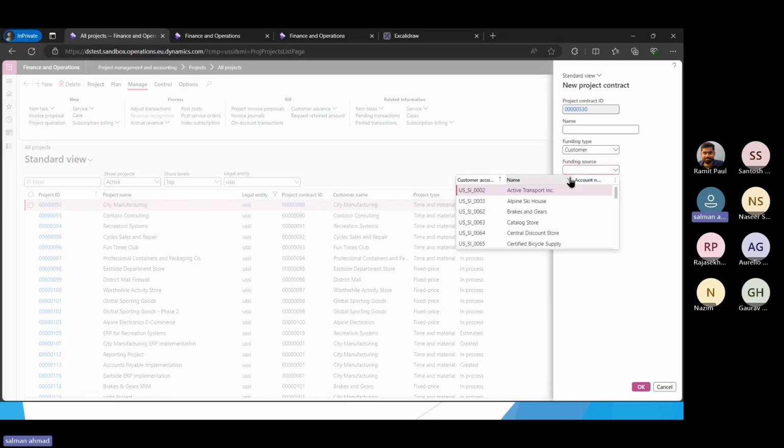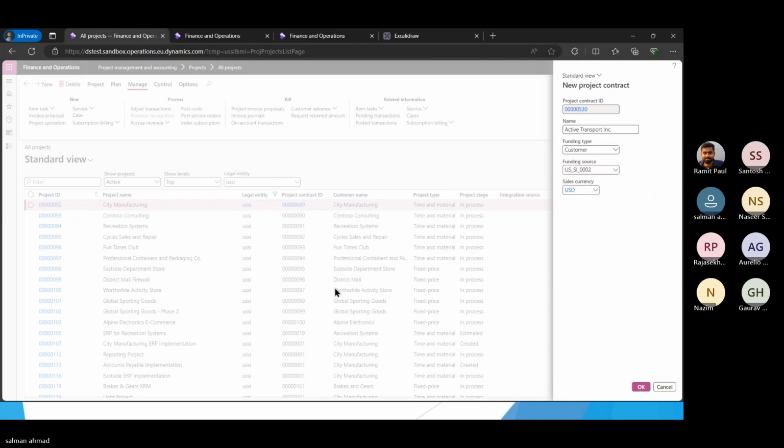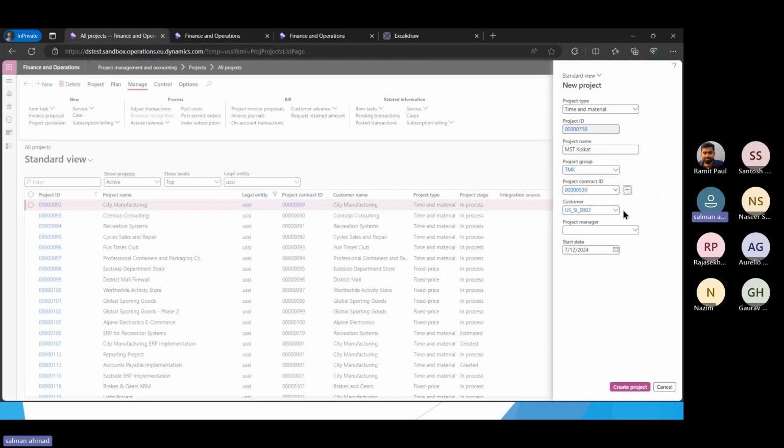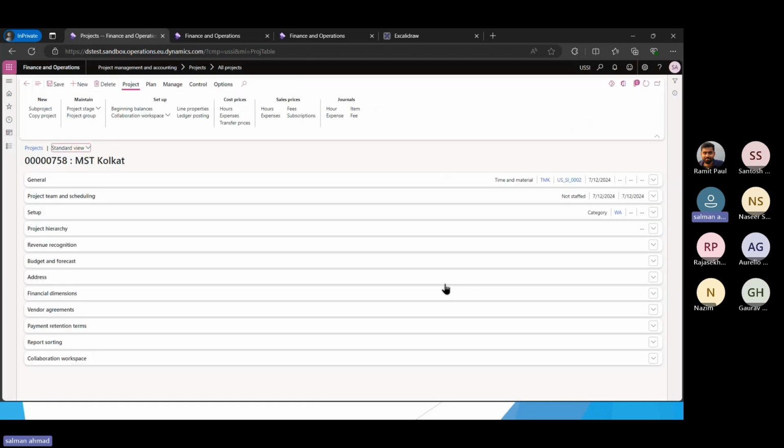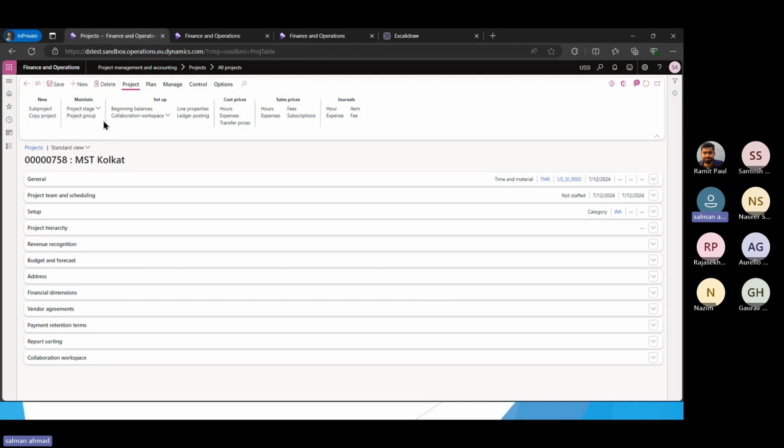So I will select my funding source. Let's say I want to use this customer. Based on that contract ID, the system will fetch this customer ID. Right? And if you have some project manager, you can attach that project manager. And here we will select the starting date, like on which date this project is going to start. Okay, so once we create this project,